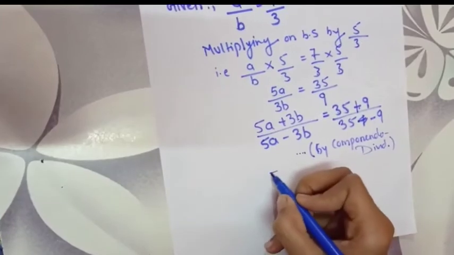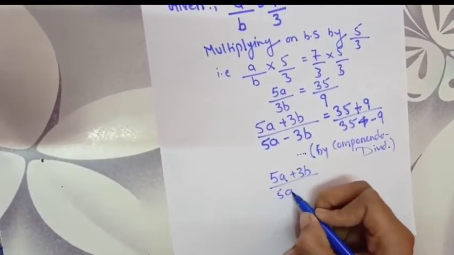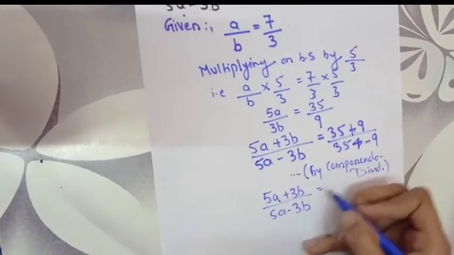We will get 5a plus 3b by 5a minus 3b is equal to,